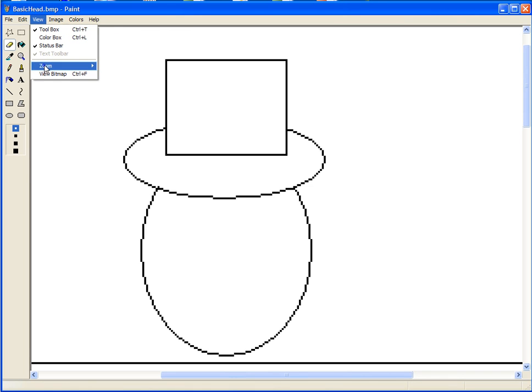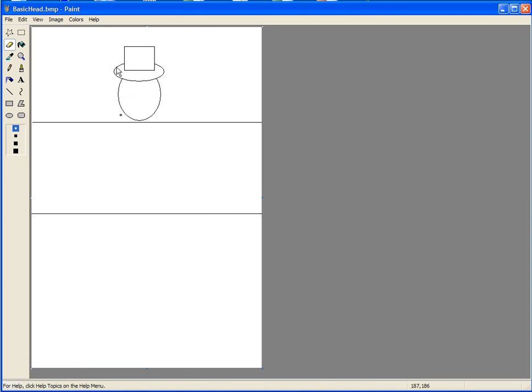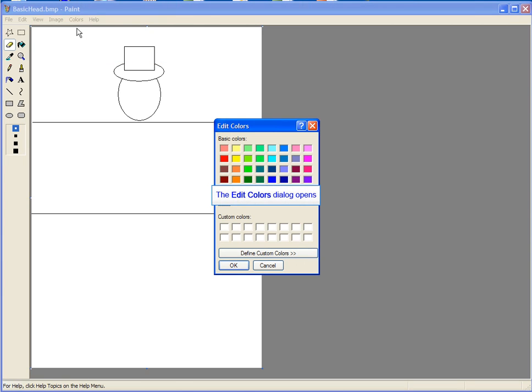Now I can view back to normal. To get color into these things, colors, edit colors,